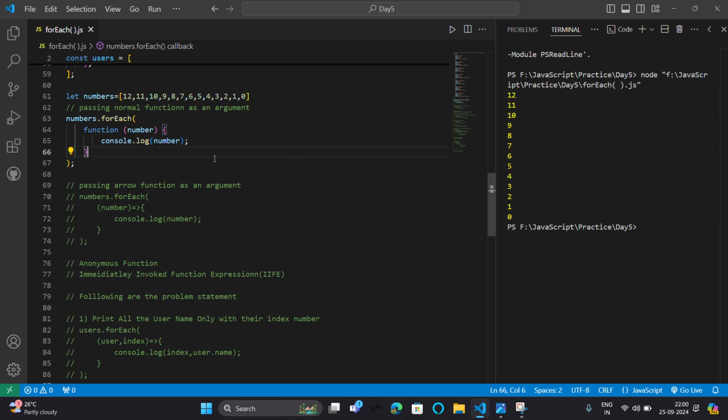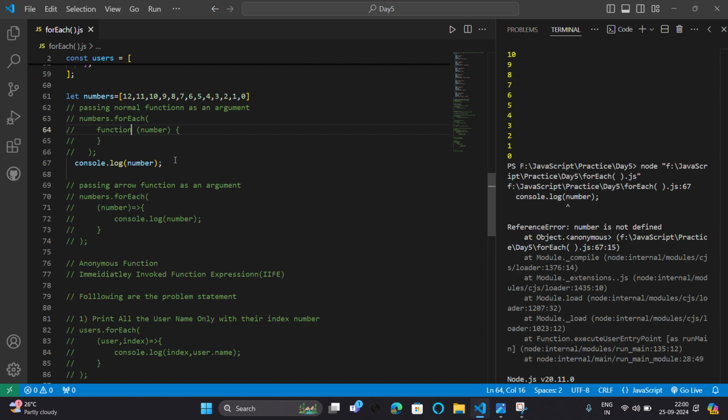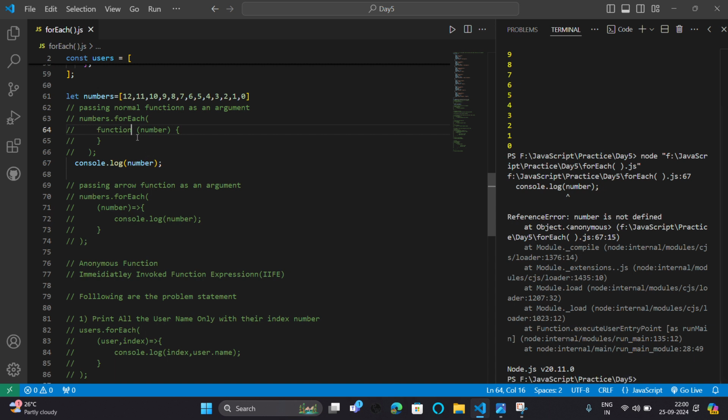Here's the difference between if I just console log like that and comment it, and if I just normally print this, it prints the whole array. Sorry, numbers. Okay, my mistake.